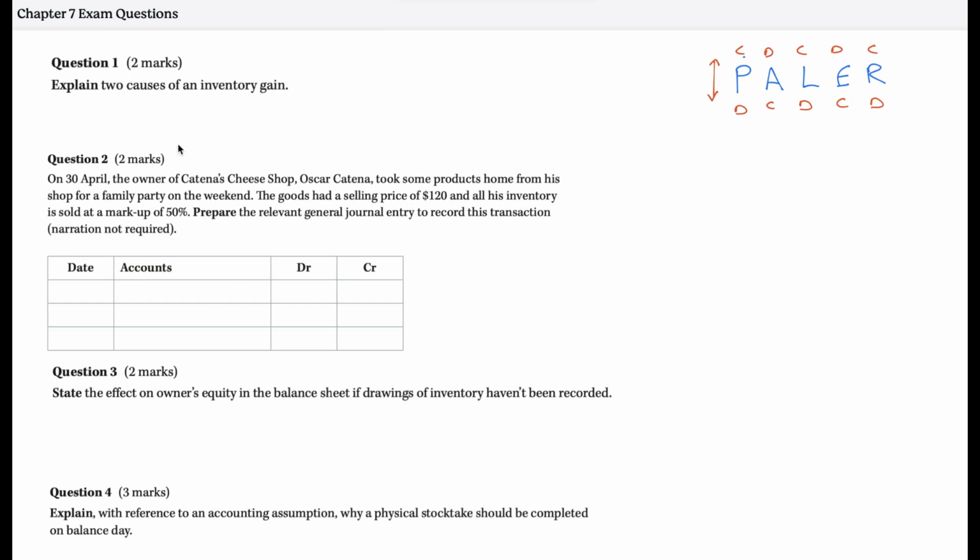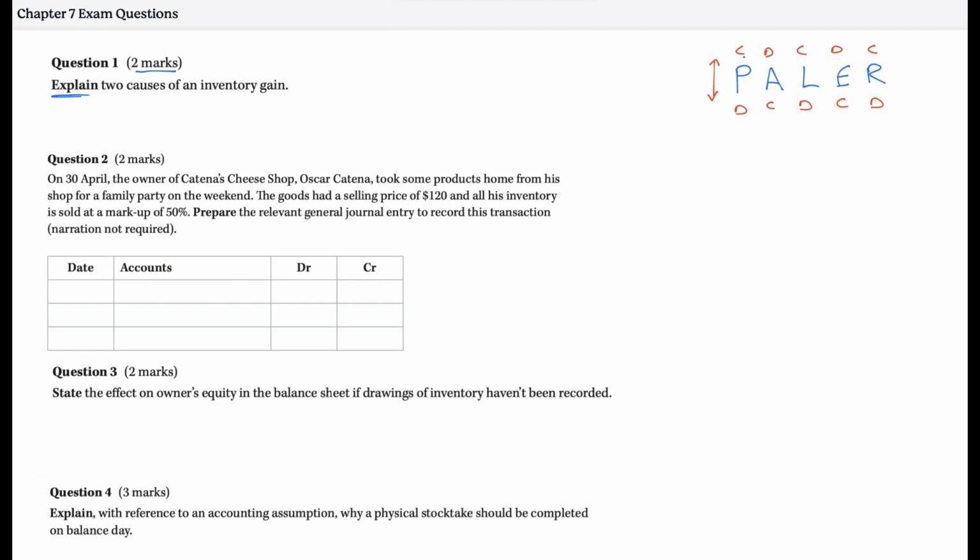We have 4 questions. Overall, these are worth 9 marks, so it would be roughly about 10 to 11 minutes of work in an exam. Question 1 would be for 2 marks and says to explain 2 causes of an inventory gain. I've highlighted that explain because I think that's important. It doesn't say list, so it's asking you to not just write 3 or 4 words, which you could if it said list. It's going to put that extra bit more to explain why it would result in an inventory